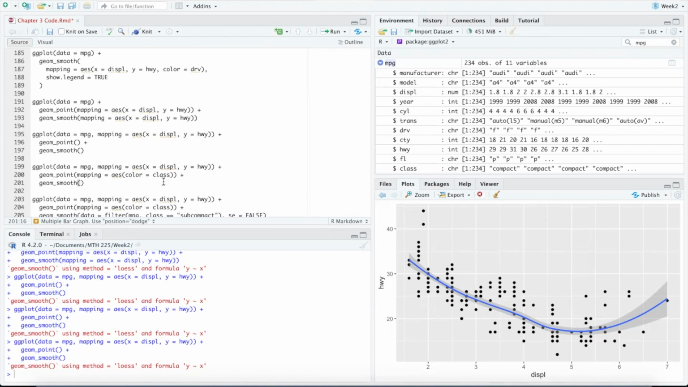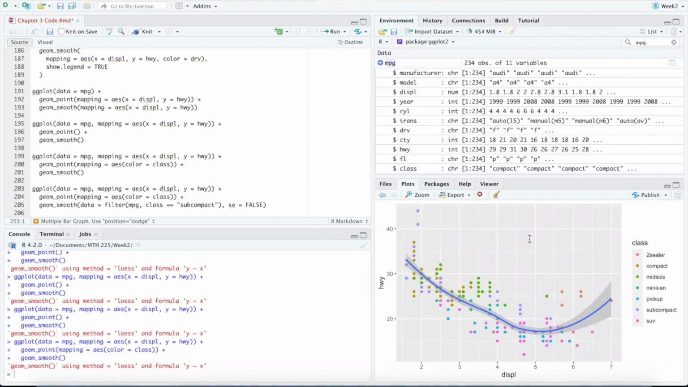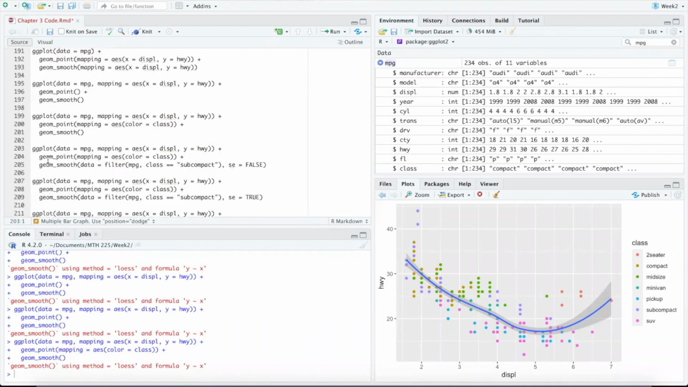And for class, we've got about, I think, 7 different classes, so we should see 7 different colors here. And there you see all the colors. So it's only the scatter plot that has the color. The smooth curve does not. All right, so now the scatter plot has the color, and the smooth curve has, oh, it looks like we